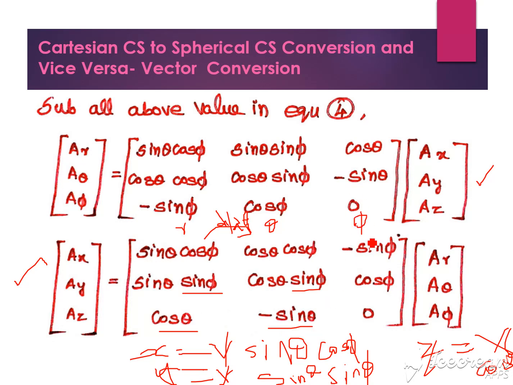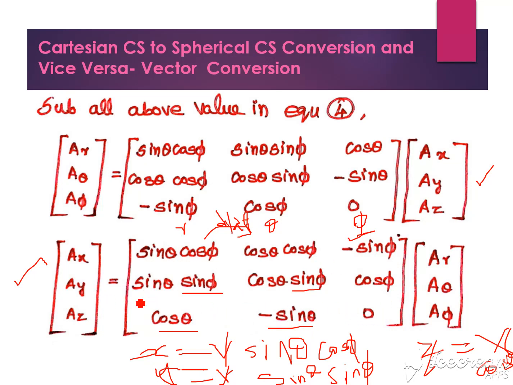In the last column, with respect to phi, we have only variables with respect to phi, so as in the previous term, we leave out the theta terms. What is the differentiation of cos phi? It becomes minus sin phi, and sin phi becomes cos phi. Here the phi term is not there, so differentiating this we get the answer 0. This way we can easily remember.